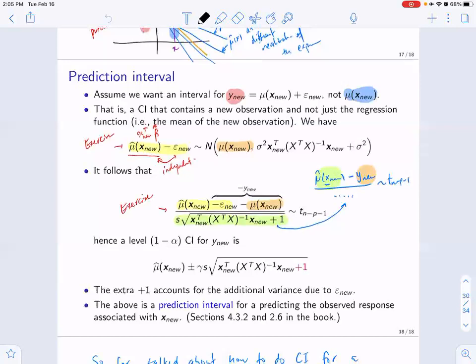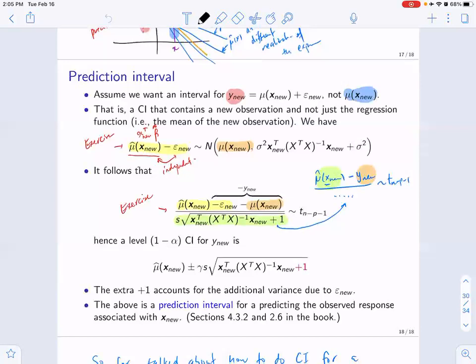There is another concept which is called the prediction interval, and you can take a look at this and let me know if you have questions. I might ask the TA to go over it in the discussion. So the difference between